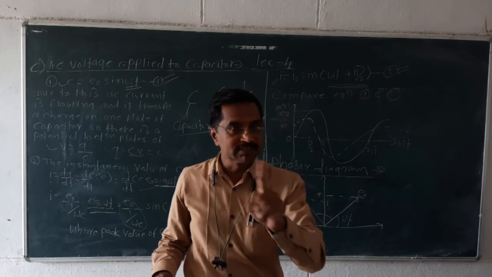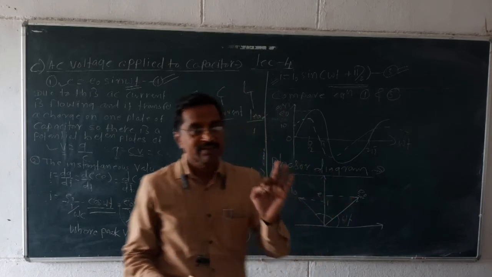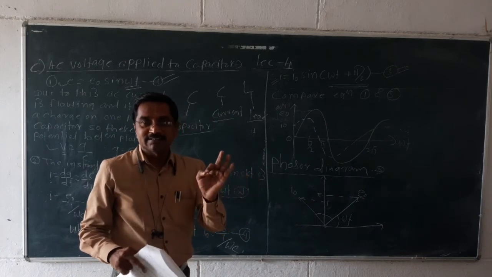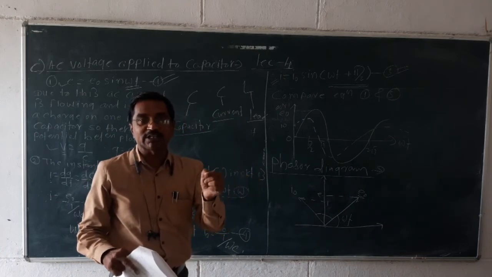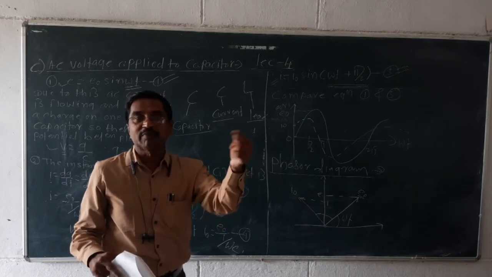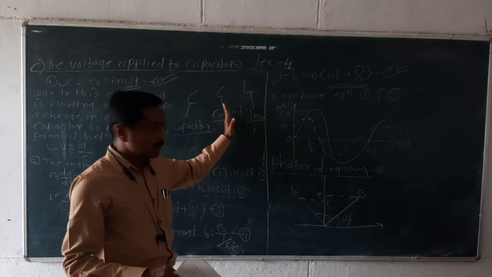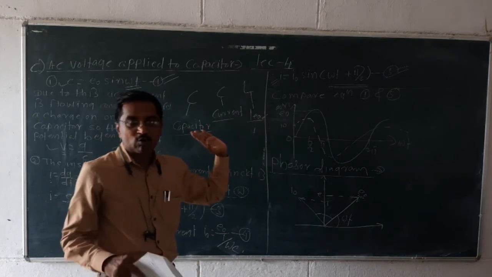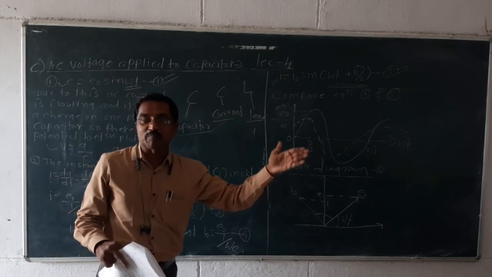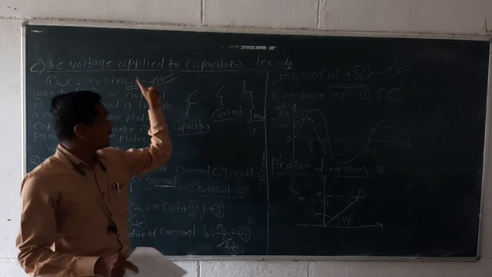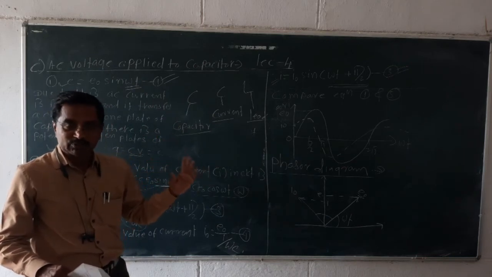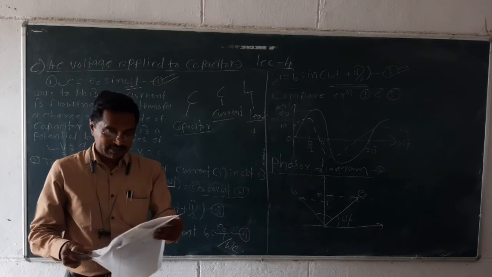कॅपॅसिटर सेम फेज, देयर इज नो फेज डिफरन्स. इंडक्टर IPL, the current lags behind the alternating voltage by the phase of π/2, or voltage leads the alternating current by the phase of π/2. Capacitor CCL, कोण पुढे असणार आहे? करंट. Current leads the alternating voltage by the phase of π/2, or you can say that voltage lags behind the alternating current by the phase of π/2. Now next point.